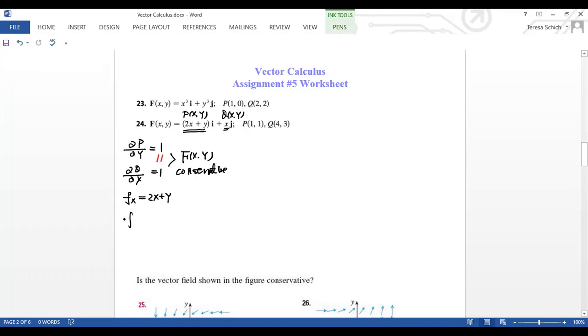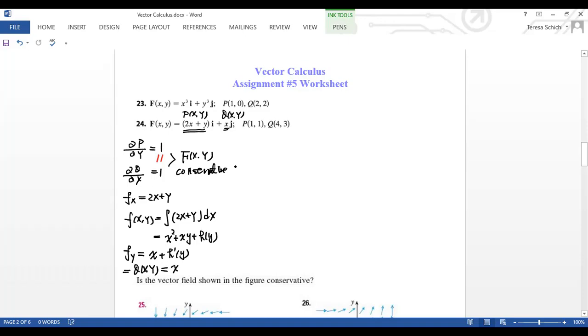So now I can say that f of x,y is equal to the integral of 2x plus y. Now integrate with respect to what? dx, right? So this will be x squared plus xy plus h of y. Then take the derivative with respect to y, so the x squared will disappear. The partial derivative of xy with respect to y is x, plus h prime of y. Good job. Then compare to Q(x,y)